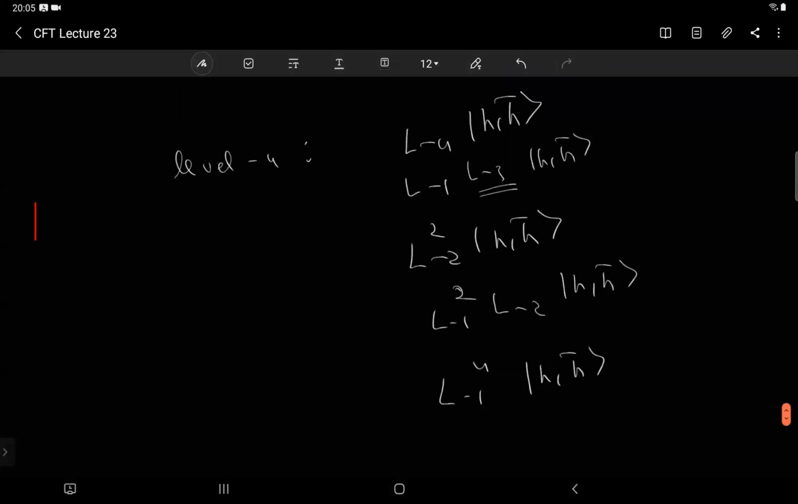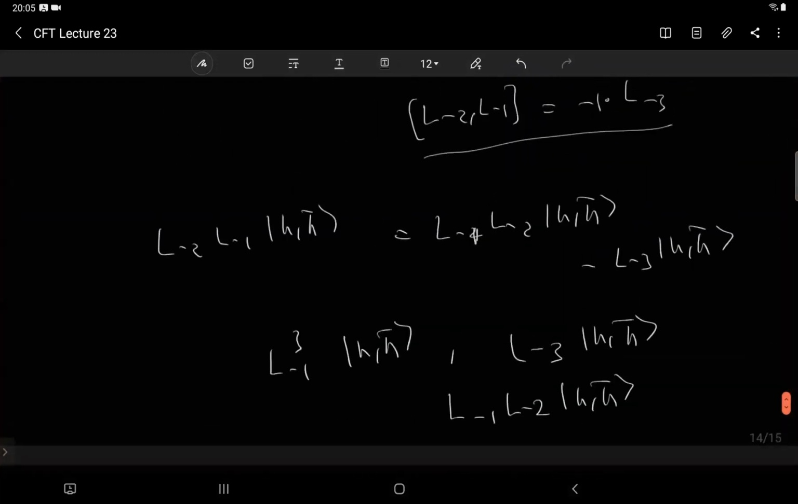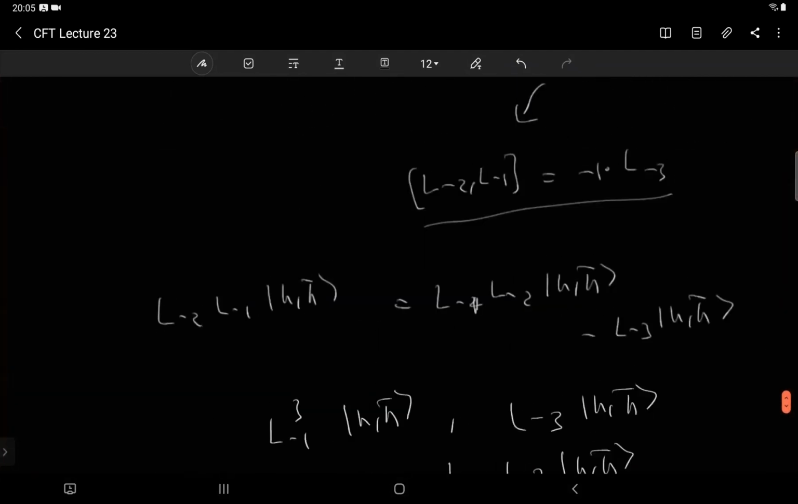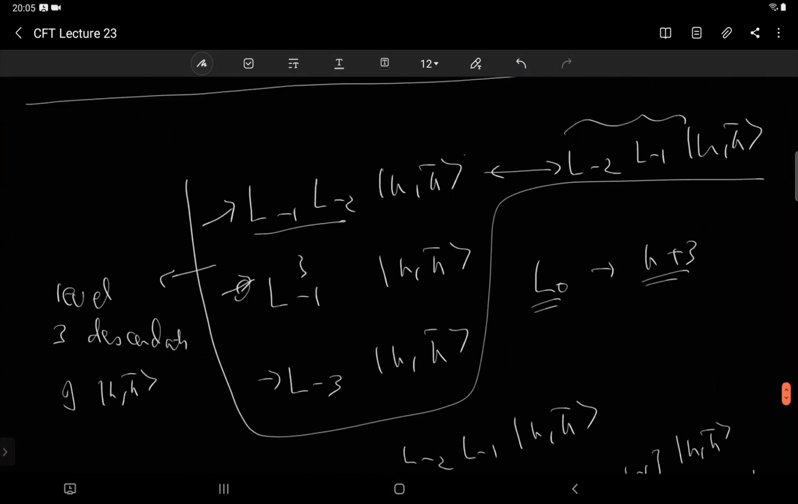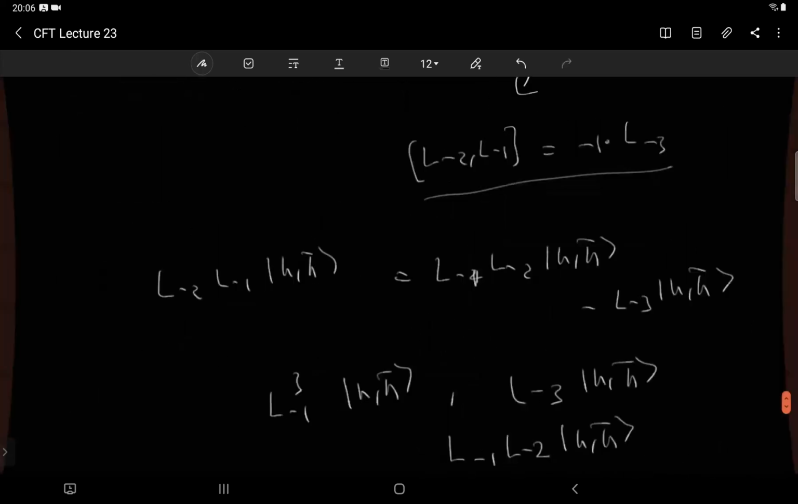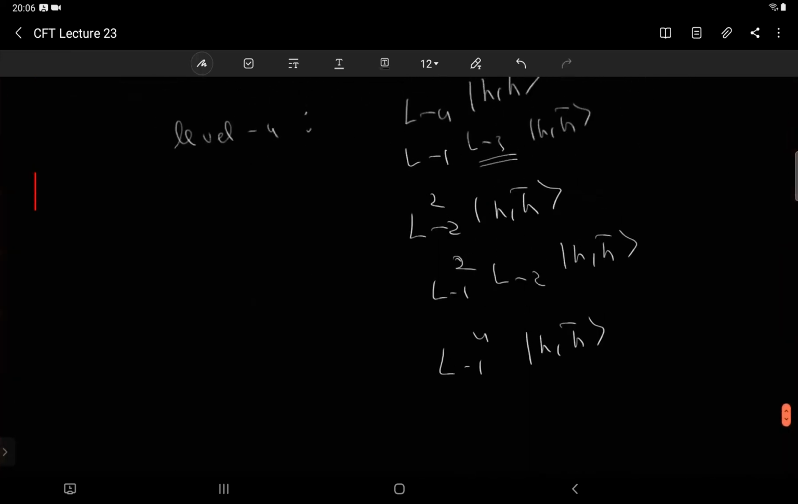মানে লেভেল, আগের স্লাইডগুলোতে আপনি লিখেছিলেন লেভেল 3 ডিসেন্ডেন্টস অফ HH বার। হ্যাঁ, লেভেল 3 ডিসেন্ডেন্টস মানে যেগুলোর আইগেন ভ্যালু হচ্ছে h+3। তো লেভেল n ডিসেন্ডেন্ট মানে হচ্ছে যে স্টেটসের আইগেন ভ্যালু হচ্ছে h+n। ওকে, ঠিক আছে, যেগুলোর আইগেন ভ্যালু হচ্ছে h+n।